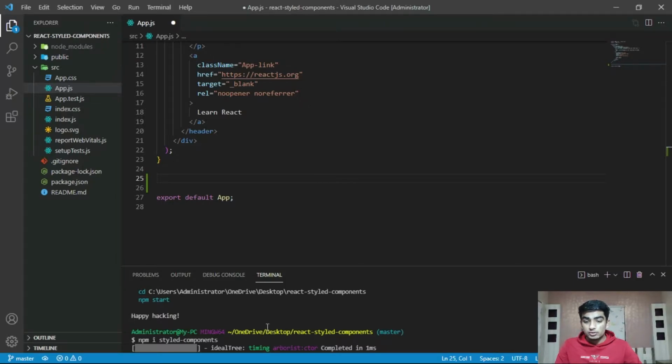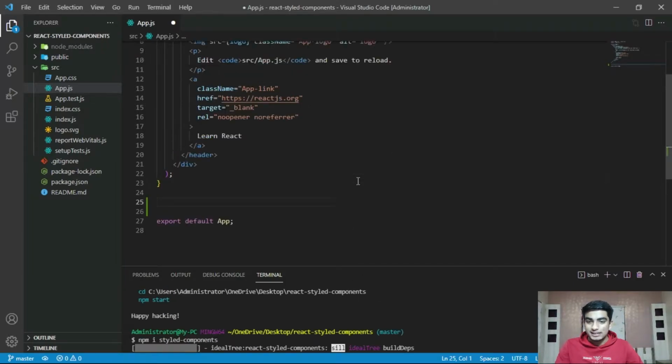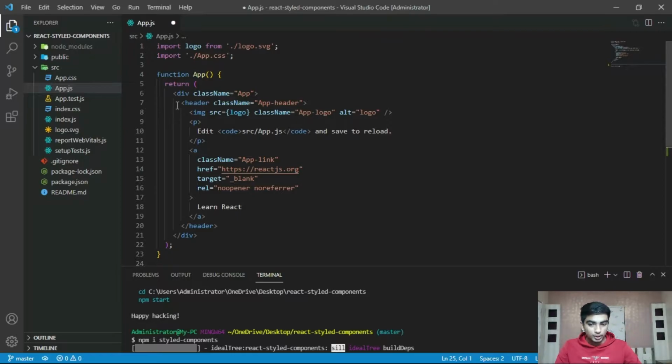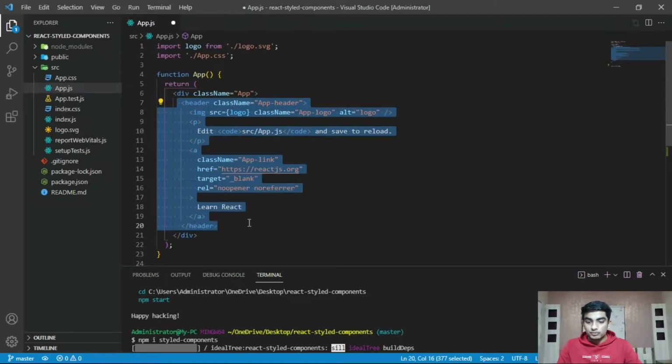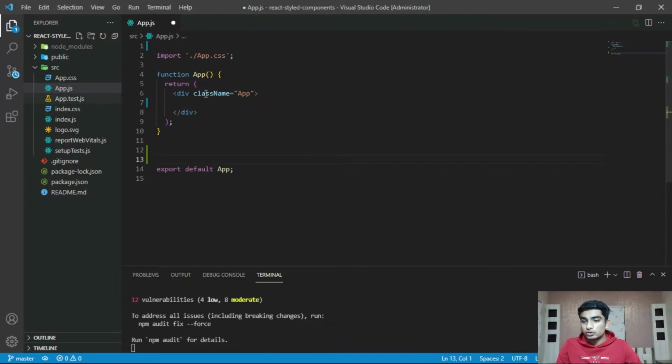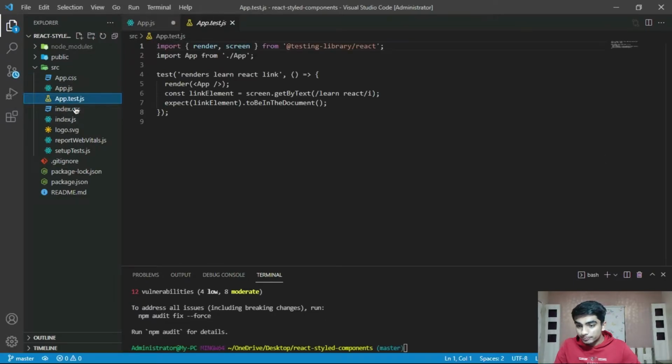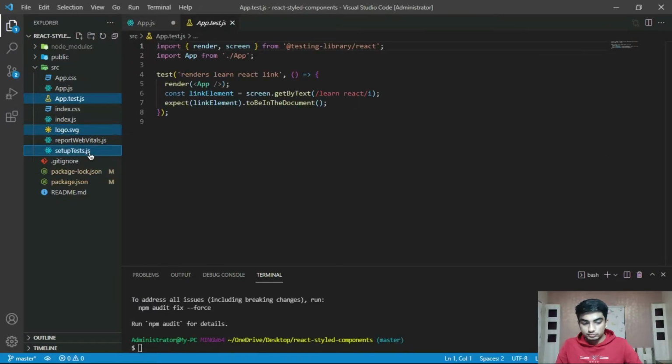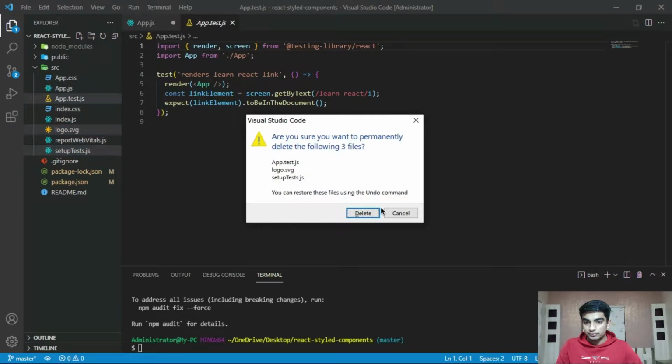After installing it, you just go to App.js and remove this header component. Now we are going to create this container using styled-components. So for that, just remove this logo and also these test files here, delete it.